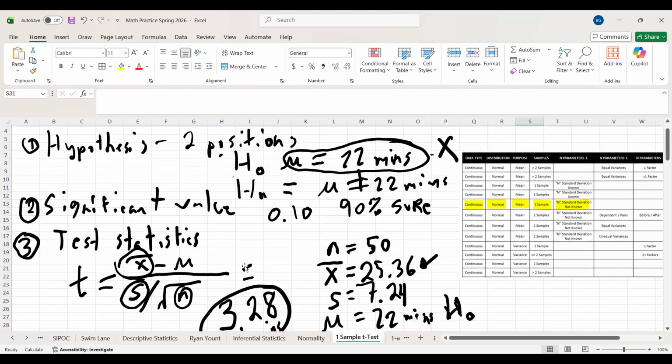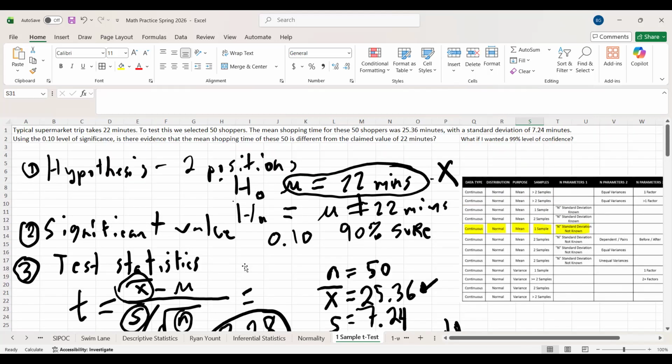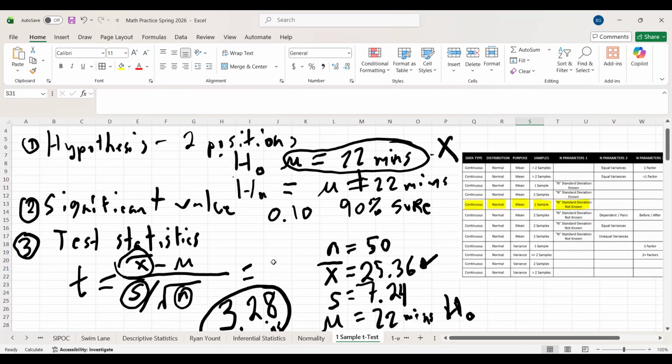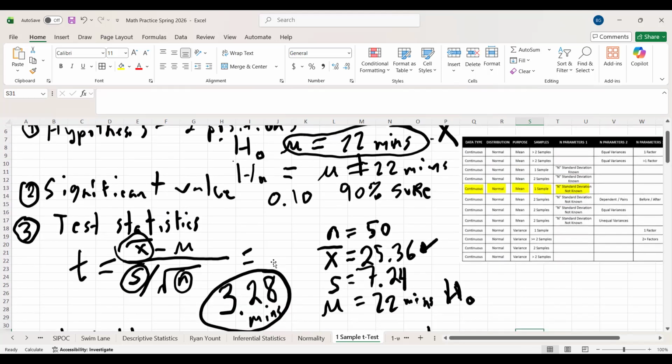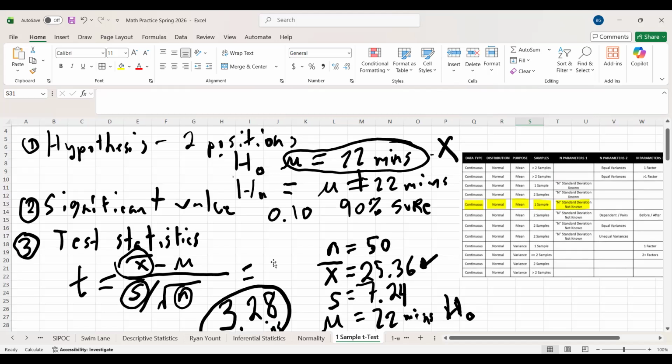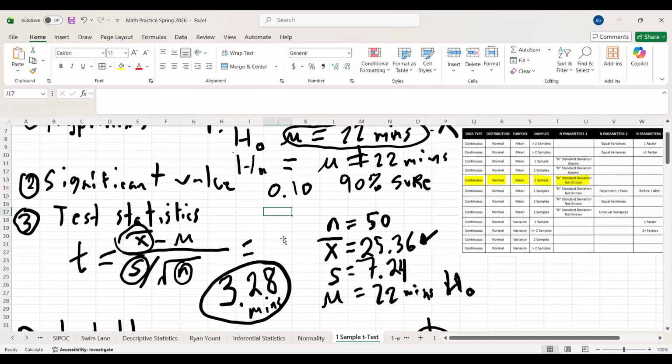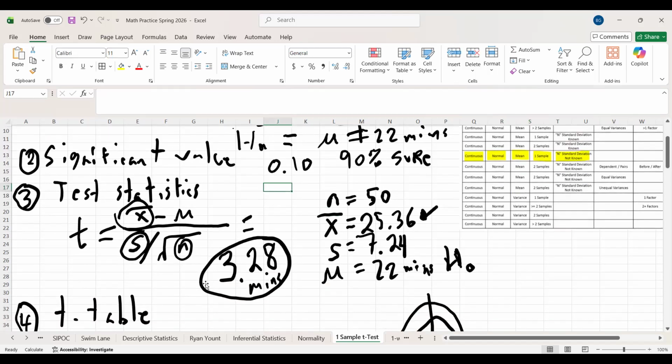And you can see that we have the average of 25.36 for those 50 shoppers, minus the average 22 minutes of a typical supermarket trip, divided by the standard deviation, which is divided by the square root of the number of people that I tested. And I come up with a test statistic of 3.28. And I know I have to compare that to a critical value. And the critical value I get from